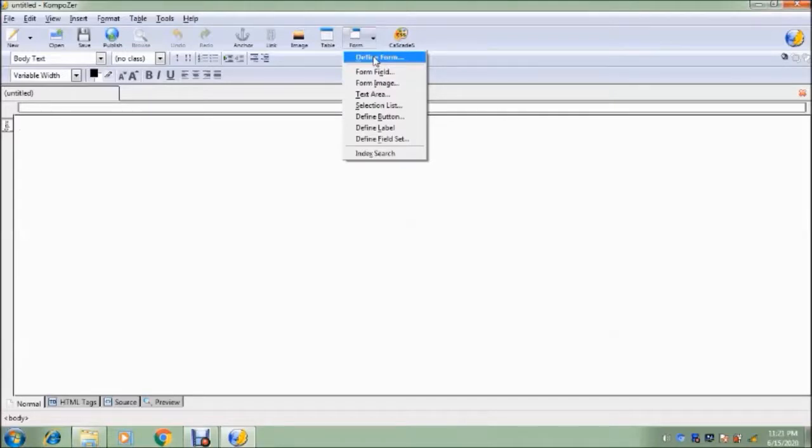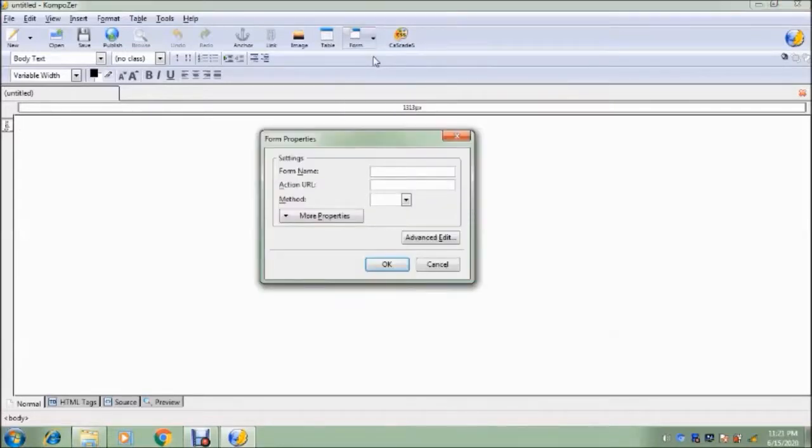Click on it and it will open a dialog box called form properties. In that you can see three different properties that we had studied in the theory portion. First, you can type any name, whatever name you want to type.